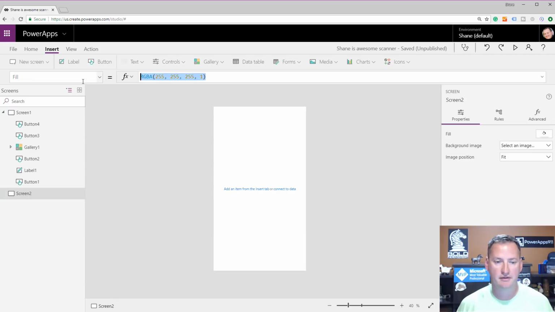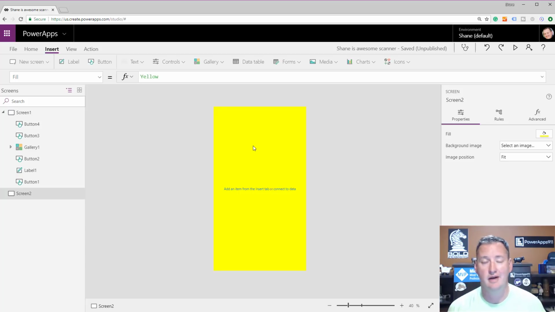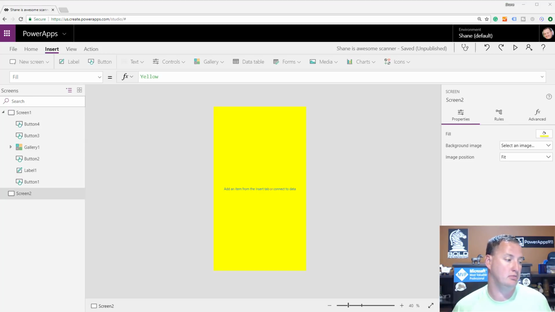So screen 2, the very first thing I did there was I made the fill yellow. I literally have no idea why I chose yellow. I just wanted something that was nice and easy. And I'm guessing I'll find out later that there was a reason I shouldn't have used yellow, but right now